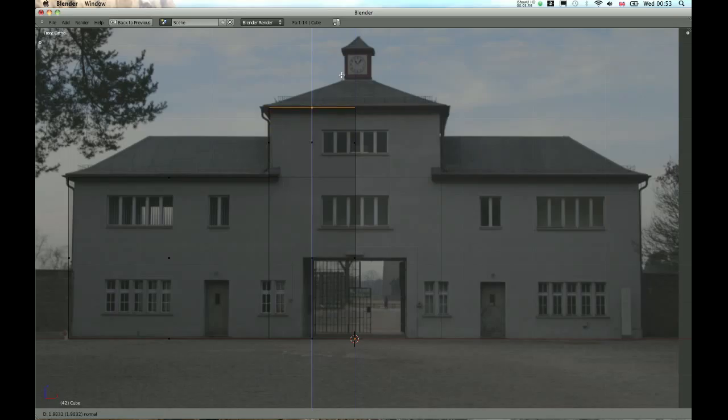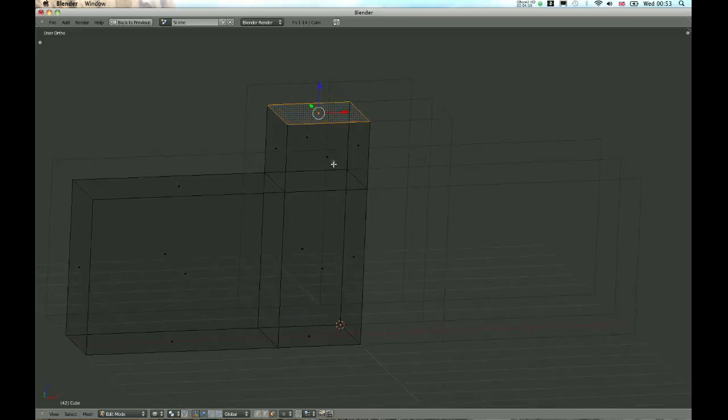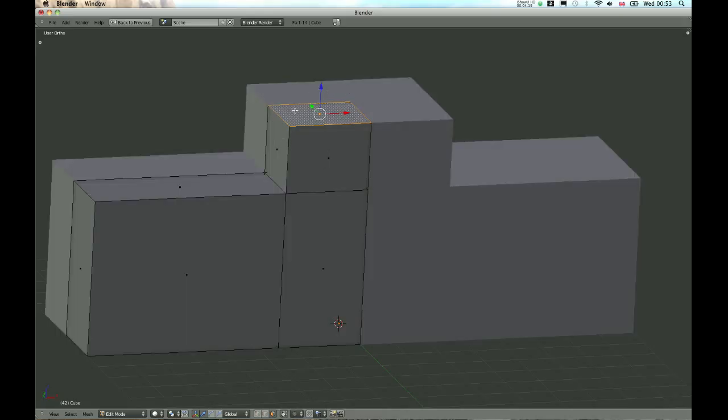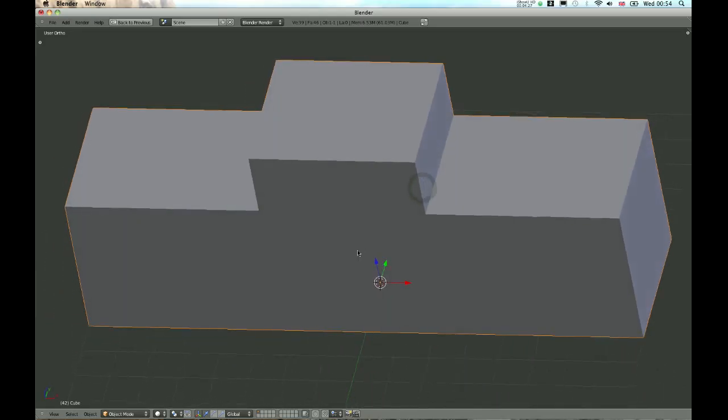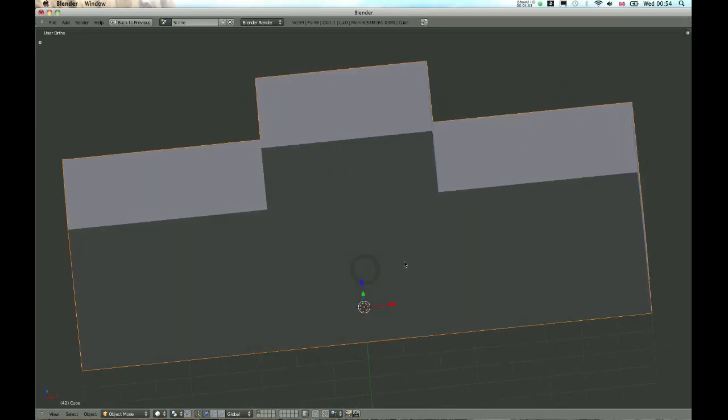We just need to bring this up to around about there. Okay, now if I just middle mouse button and come round, we can see now that we've added another dimension. Well, not really, but we've added another block to the object, to our gatehouse. So if I press Z, we can see it in shaded mode. If I press Tab, I can see it in object mode. So middle mouse button, press down will allow us to view around it,